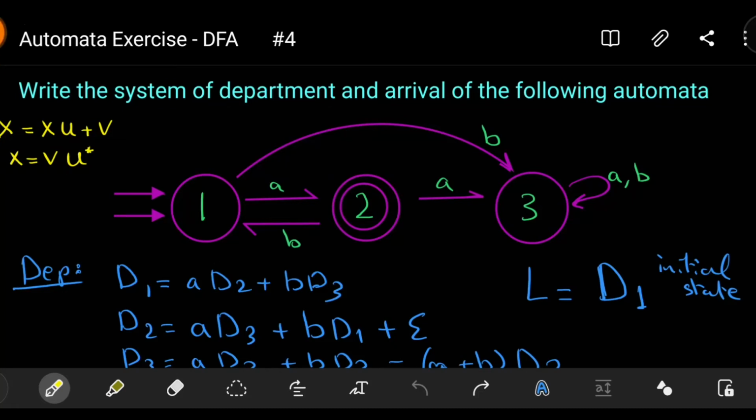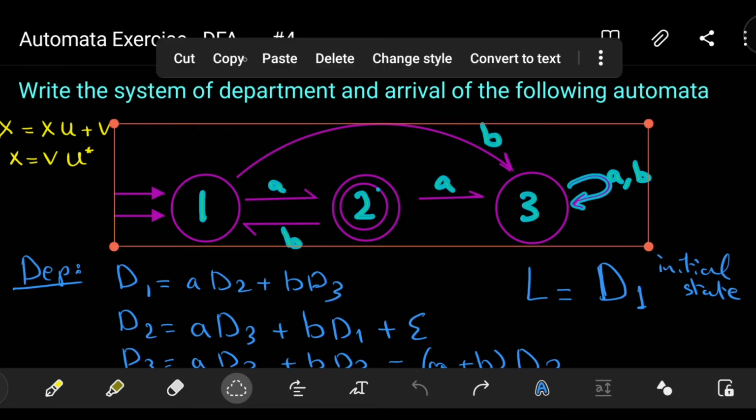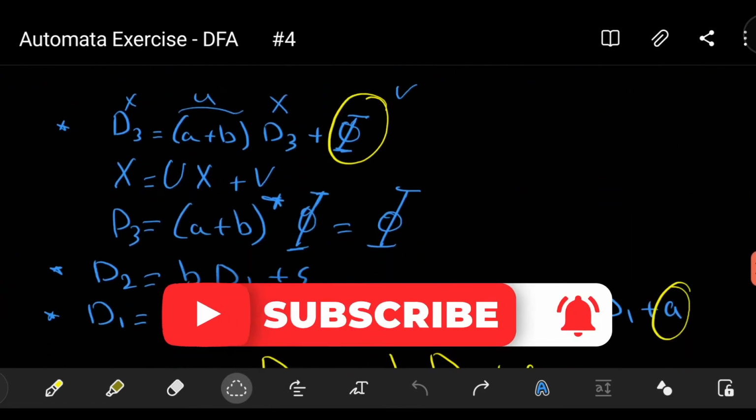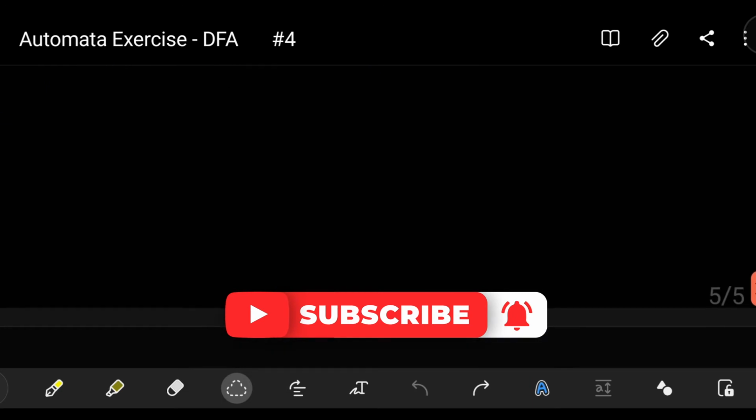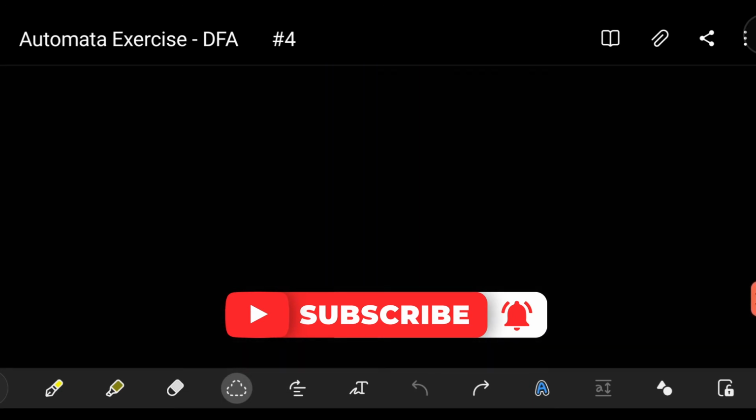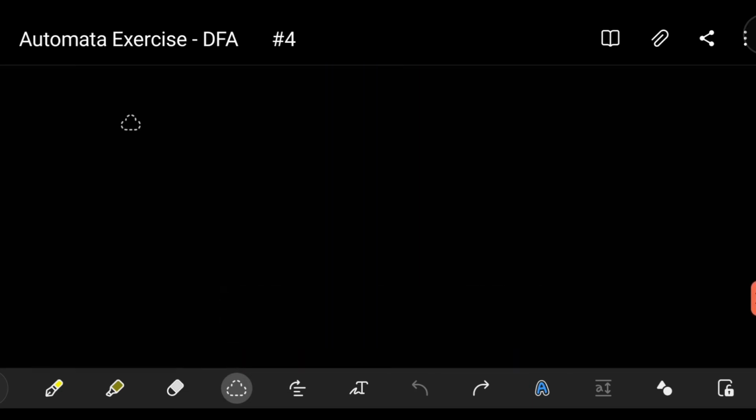We have calculated the departure system. Now we need to get the arrival system of this automaton. Now I will copy this automaton. I will take it, copy, and I will go down and put it inside a new page, and let's